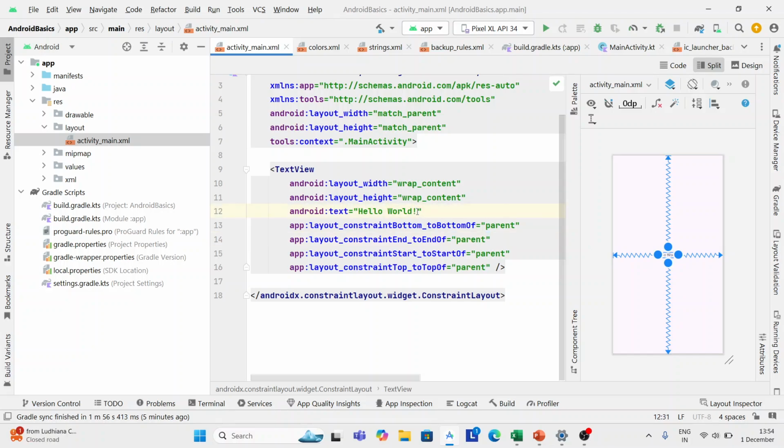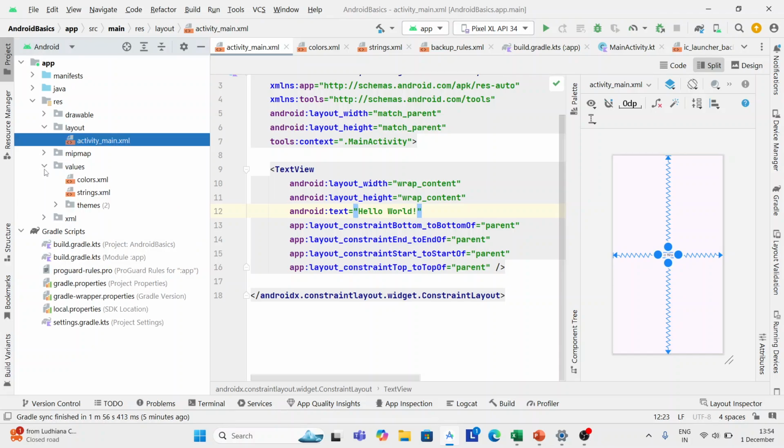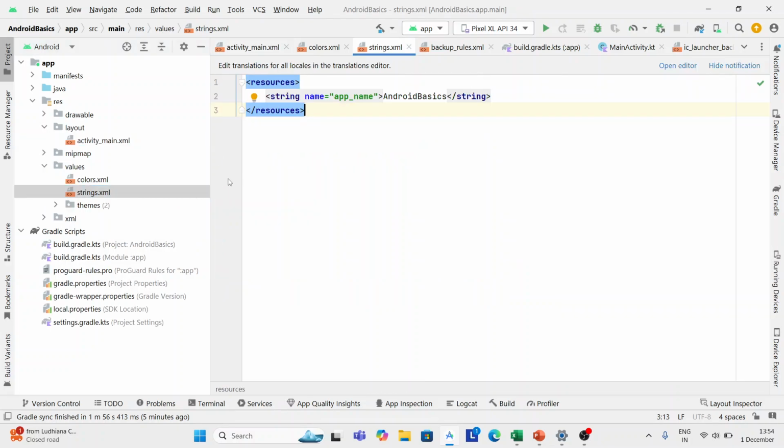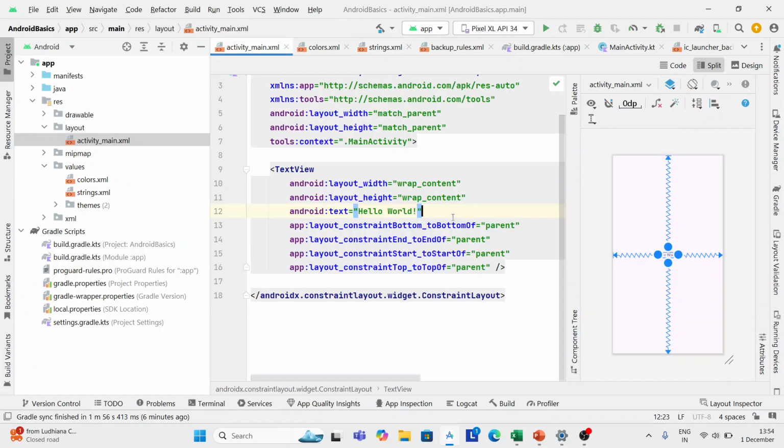You can also change the text here. As you can see, the text is defined inside our string.xml file. Let's open the values folder and the string.xml file. All the text we are going to use should be defined inside it. So let's remove this static text